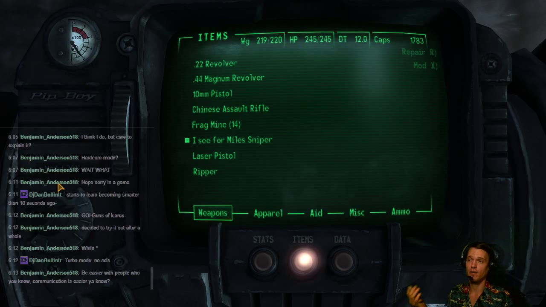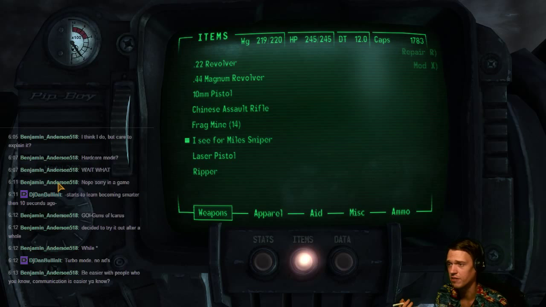I don't know how to take off the ads on the stream anyways. I know that OBS has a way to cut it off or assign a hotkey to turn it off, but